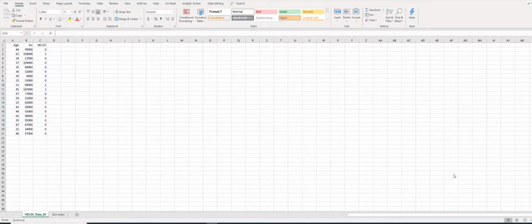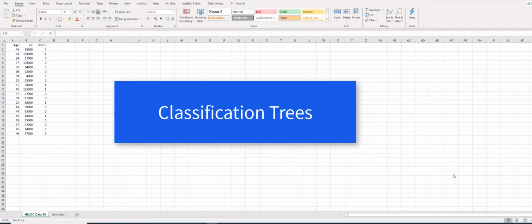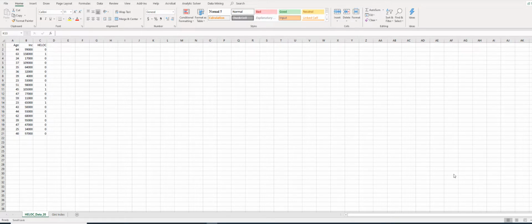Hello everyone, in this video I'm going to show you how to identify possible split points to build a decision tree where the outcome variable is binary. The decision trees generated for binary variables are called classification trees. As I mentioned earlier, the CART algorithm uses a recursive partitioning process to split the cases into pure subsets to